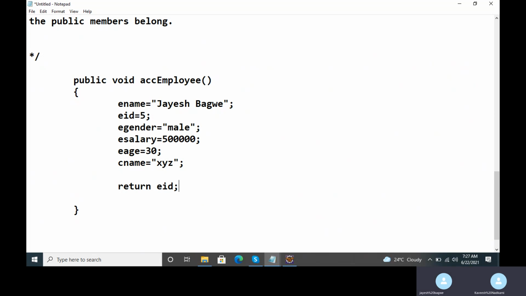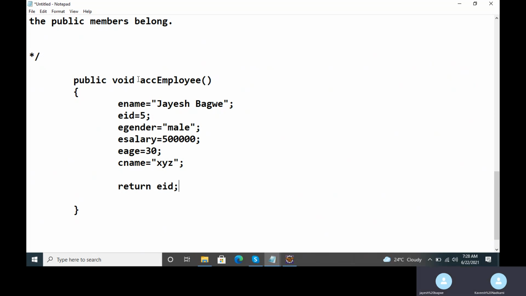The main thing about void is that when I mention the return type of a function as void, then I'm not allowed to return any output value from the body of that function definition. You cannot mention a return statement inside the body of a function whose return type is void.